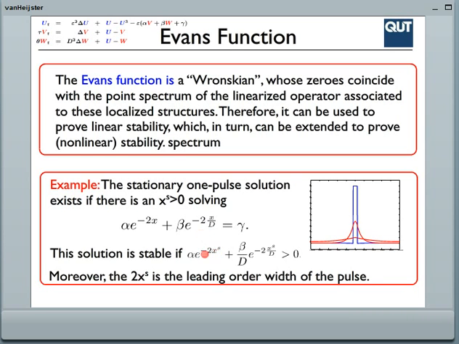For this solution, this expression is also positive, so it's always the case that all the parameters are positive. Then the solution exists. Moreover, the width, but the distance between this front